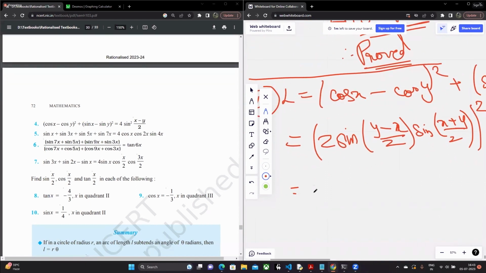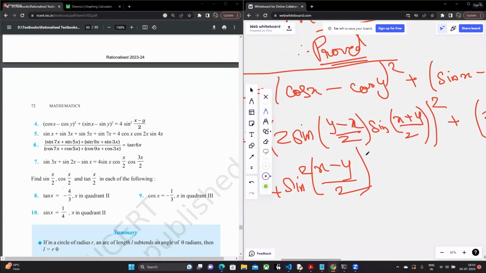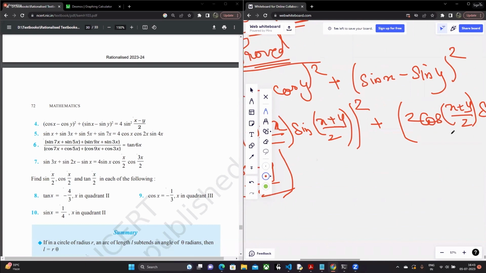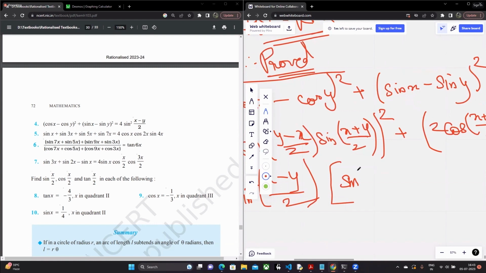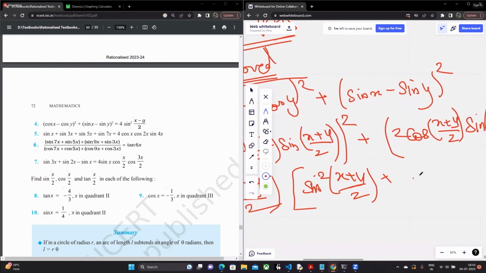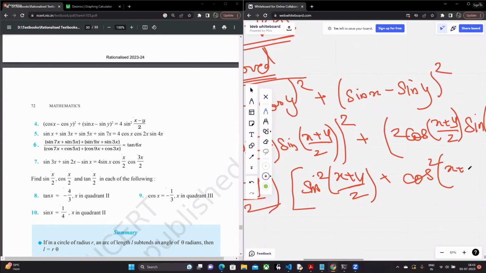So I can basically state 4 sin squared of (x minus y) by 2 to be common out. Right? Because if I square sin of (y minus x) by 2, taking a negative outside is not going to make any difference because minus 1 the whole square is again plus 1. Yeah. So I can basically take this common out. I'll be left with sin squared of (x plus y) by 2 plus cos squared of (x plus y) by 2,